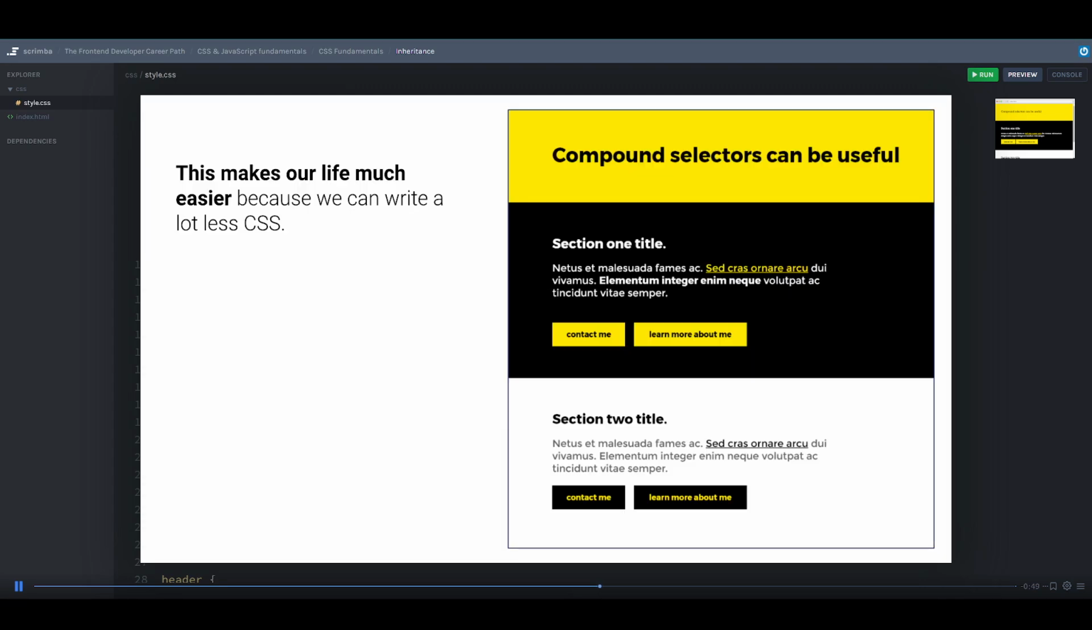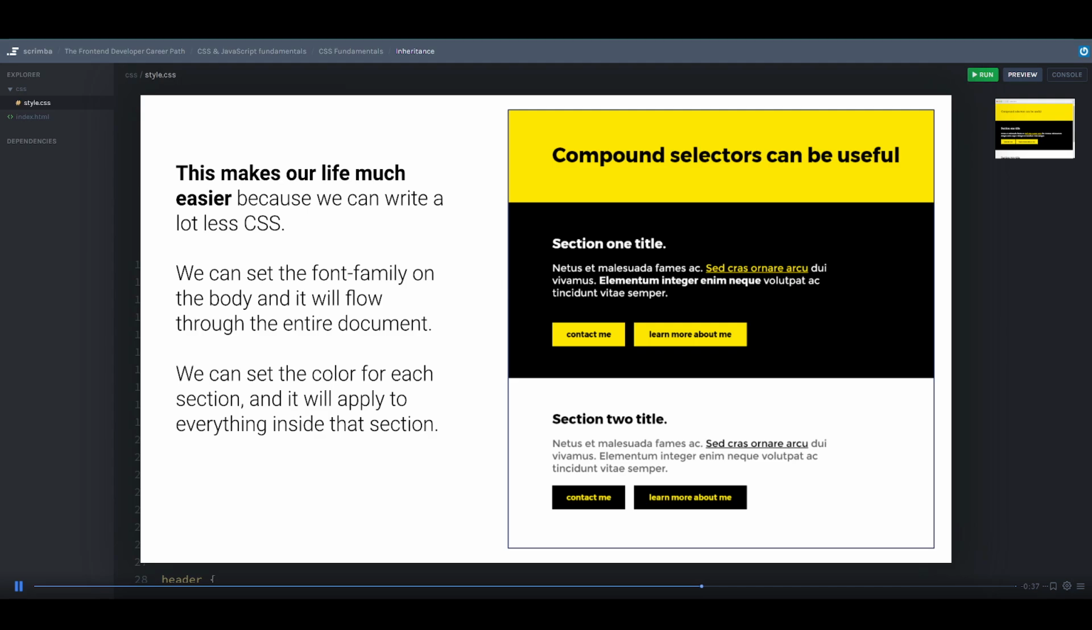So this literally makes our lives so much easier because we can write a lot less CSS. So just like we saw, I set my font family on the body and it flows through the entire document. That's fantastic. That's great. It makes my life so much easier. We can also set the color for each section and it will apply to everything inside of that section. And obviously I overwrote it for my links here, but if you remember when I did section 1, I put